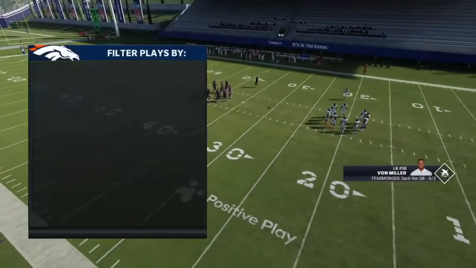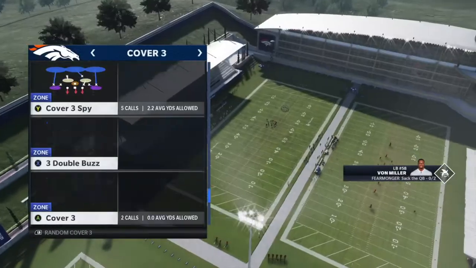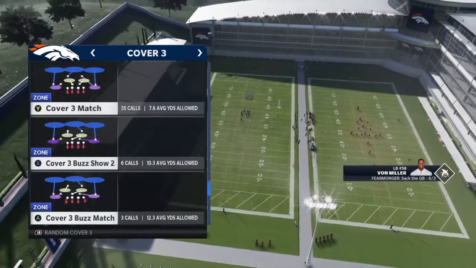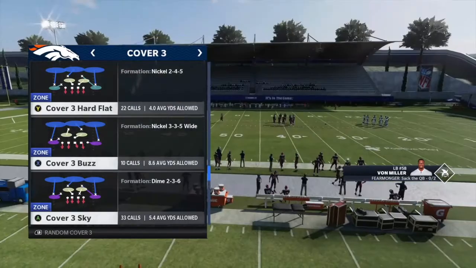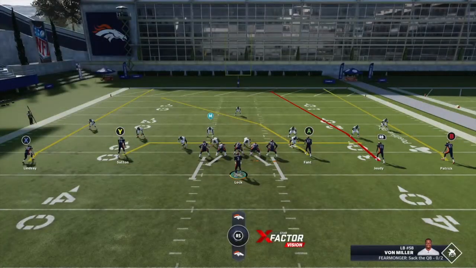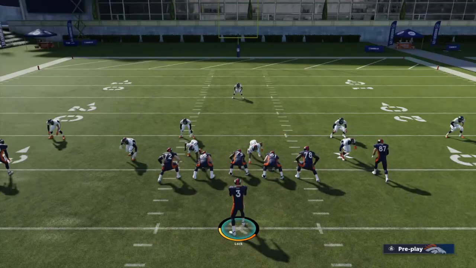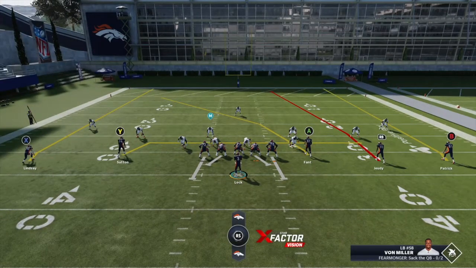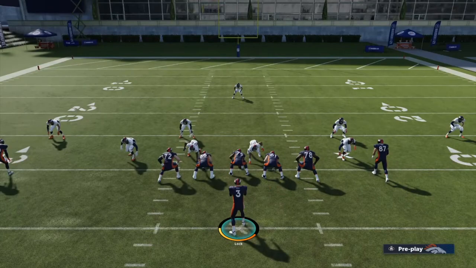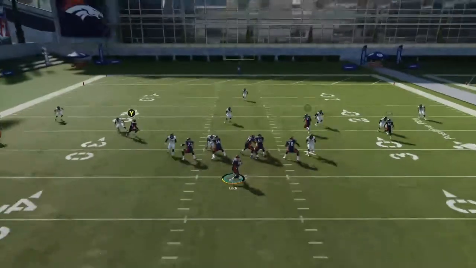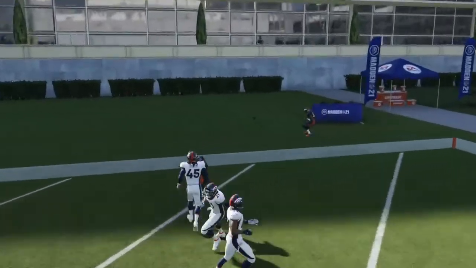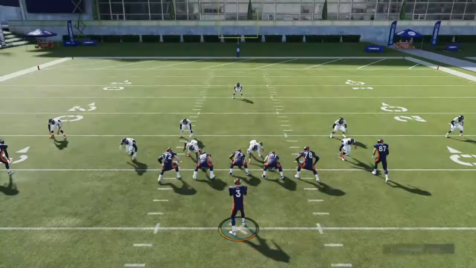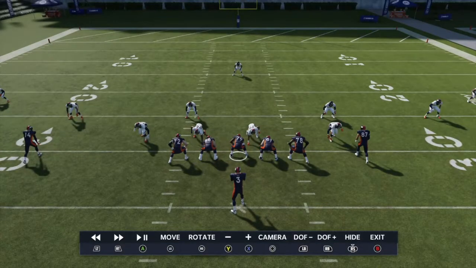Now, a cover 3 when you're going up against a 5 wide formation, normally this would probably end up being a dime set. So you catch yourself running cover 3 against 5 wide. It's mainly going to be pretty much the same. Just Drew Lock has no accuracy. So, exactly, cover 3,